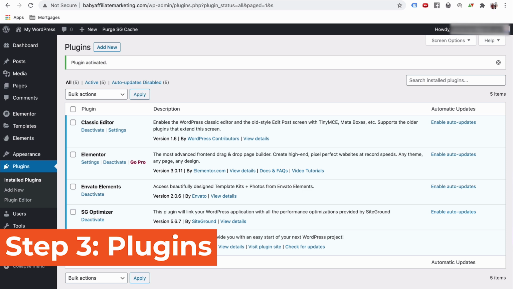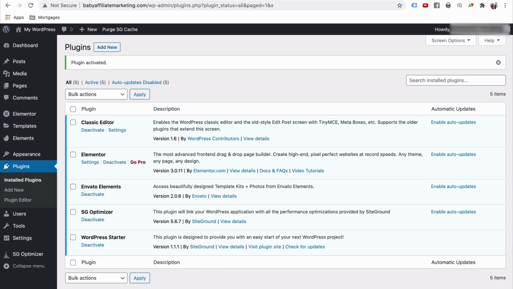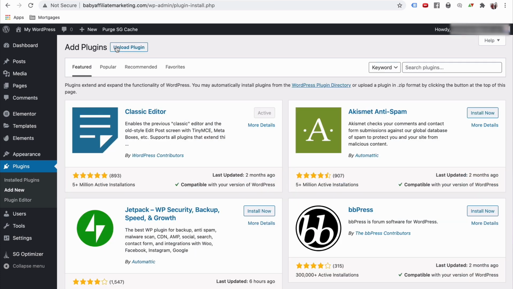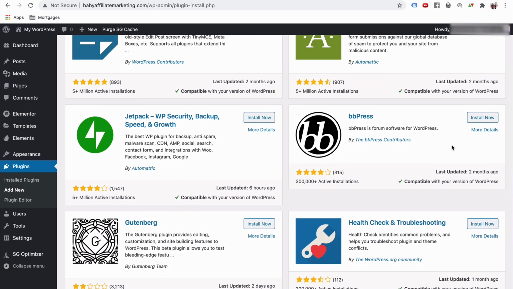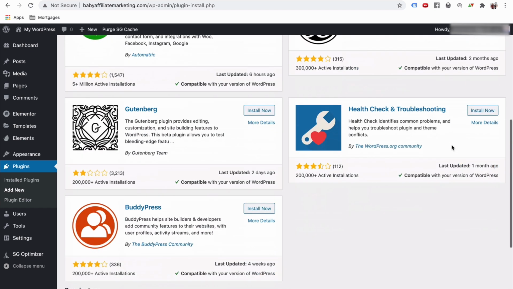So before we install these plugins, let's talk a little bit about what plugins are so that down the road you can use these plugins effectively. You can see when I go to plugins, add new, there are tons of different plugins available. And what plugins are is they're little snippets of code that can do all kinds of custom things on a website. So you're probably not a coder if you're watching this. I'm definitely not a coder, but there's all kinds of things you might want to do to make your site secure or make your site fast or